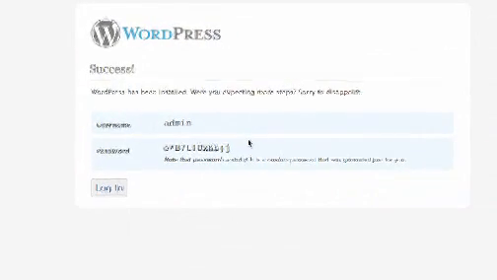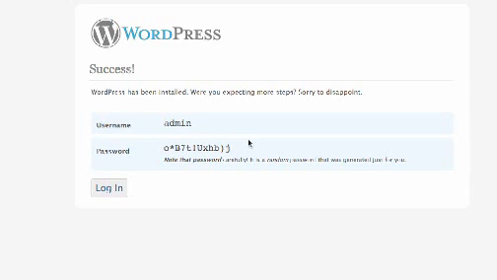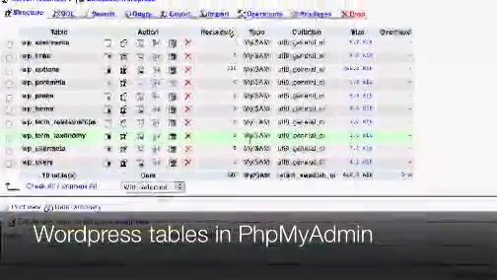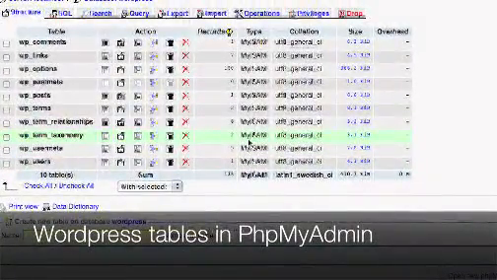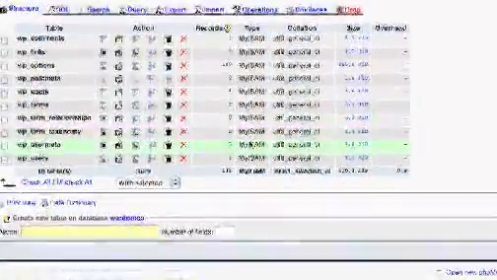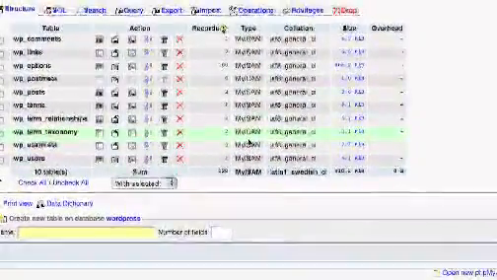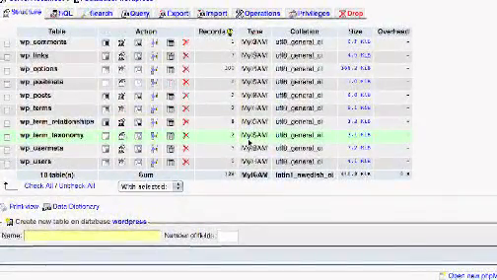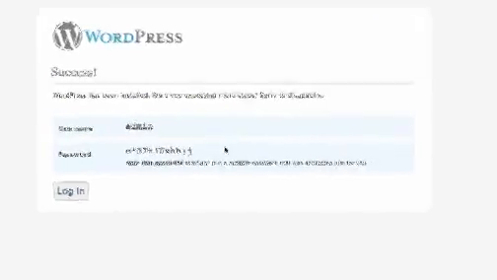Okay, this is the whole installation, and what WordPress did during this installation is it made some tables into my database, and we can shortly view in that. Here you see the different tables, 10 tables. And well, all the information you add into the content management system is all added into this database. Well, you don't have to do anything with the database, so we are going to switch back and log in